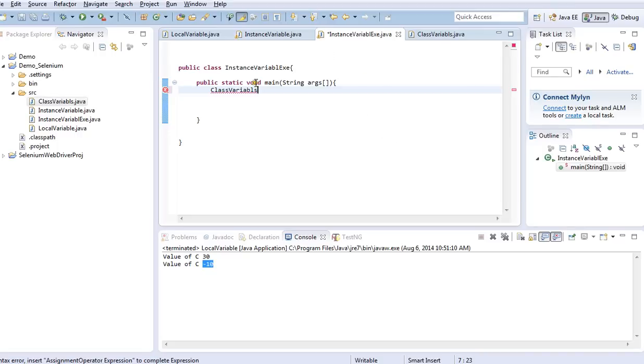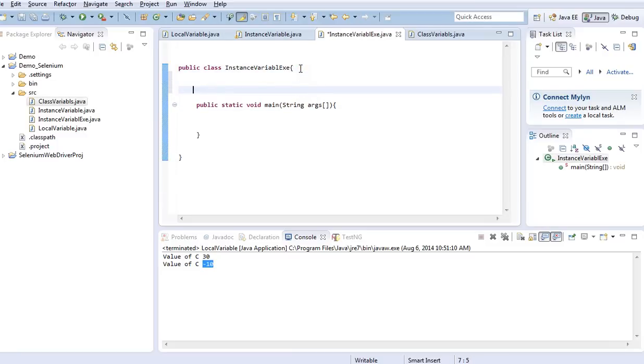Let me go back to my one class. Here let me use the same class that I have already created. I have the main method inside it. Let me create one method called public static void add num.